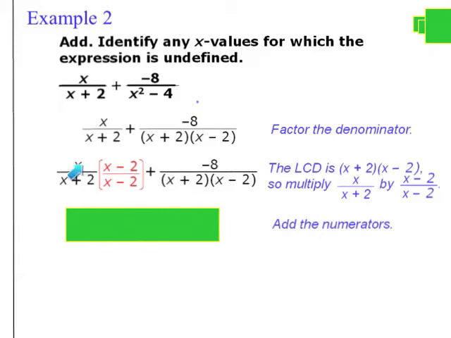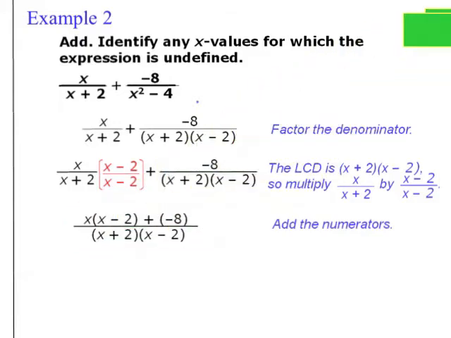So I'm going to distribute my x here into my x minus 2 and start cleaning up, adding like terms. Alright, so in doing so, this is what it's going to look like. So I have just one LCD down here, so I have x plus 2, x minus 2, and on the top, push this all together. Now we're going to distribute this in. Okay, so let's go ahead and do that here. So in working with this first one, I distribute the x inside, so that gives me x squared minus 2x minus 8 all over x plus 2